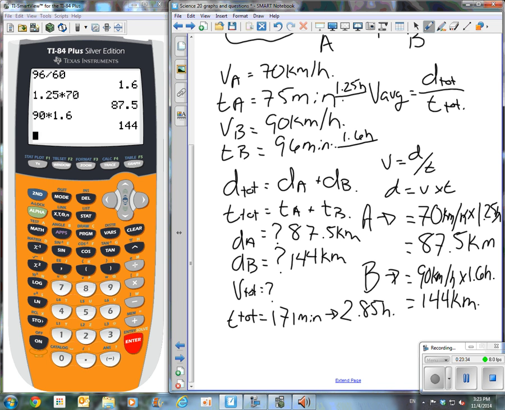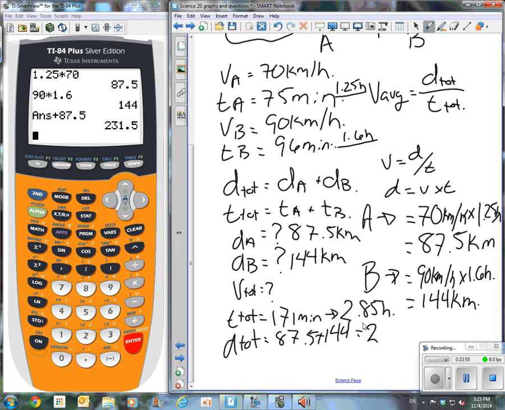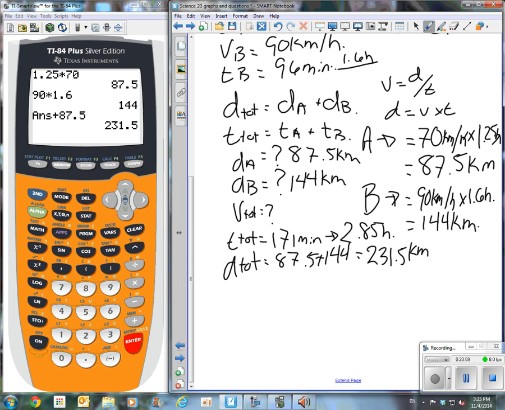So my distance total is 87.5 plus 144. So here we go, plus 87.5 gives me 231.5 kilometers. So my average speed is my distance total over my time total, which means